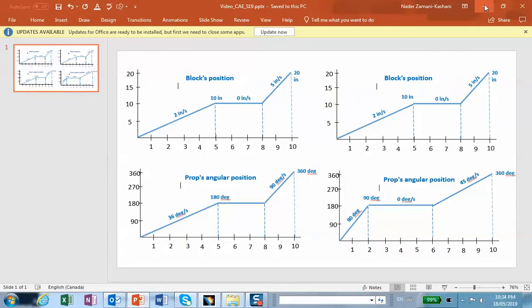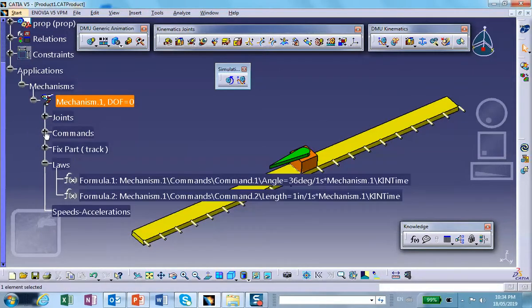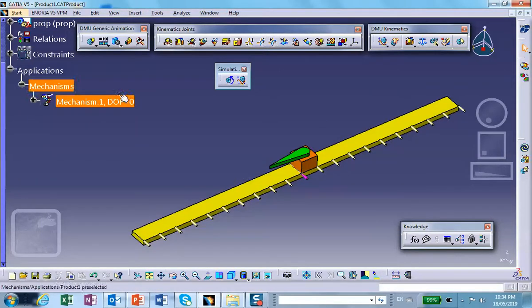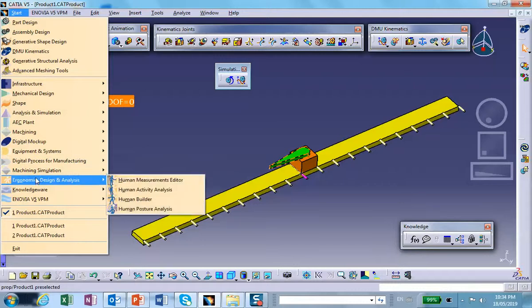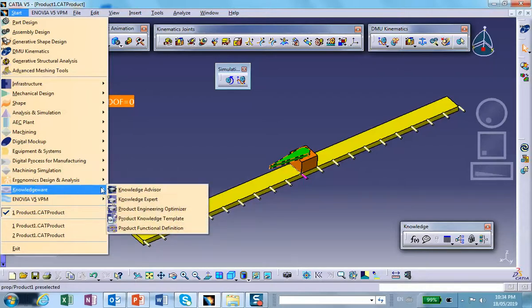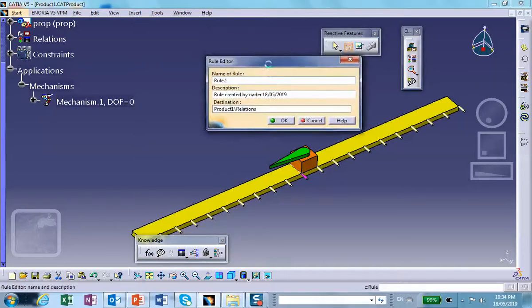So what we need to do, we discussed this before in the lab and in the class. These are not in the book though. I have to write some code. So we go to start, Knowledgeware and Knowledge Advisor. And there it says reactive features. And if you look at the icon, it says if X, I suppose, then Y. You click on it, and you get a rule